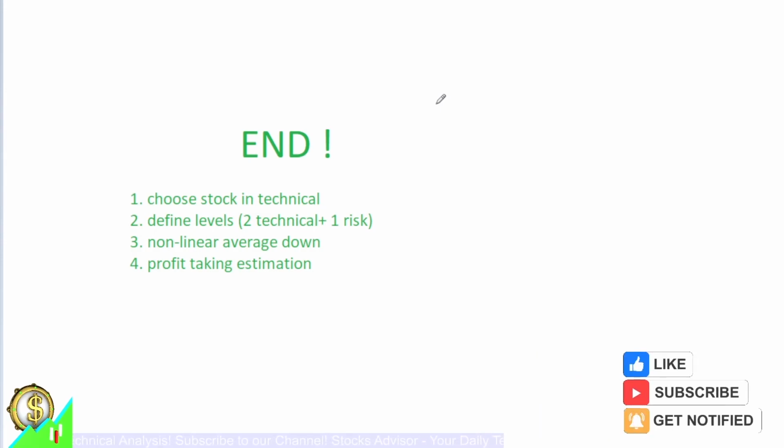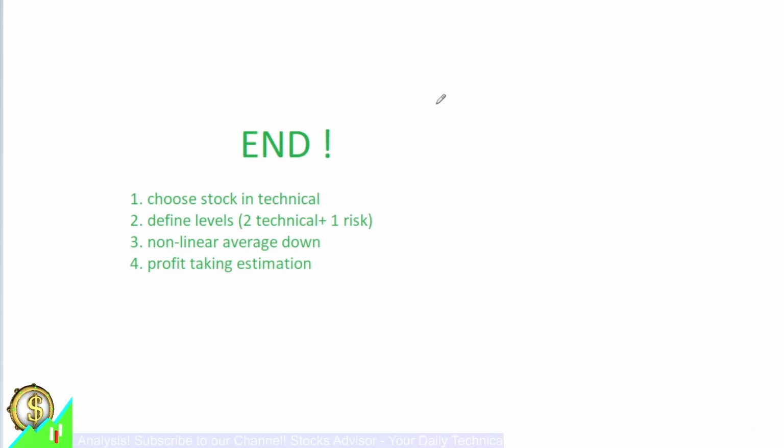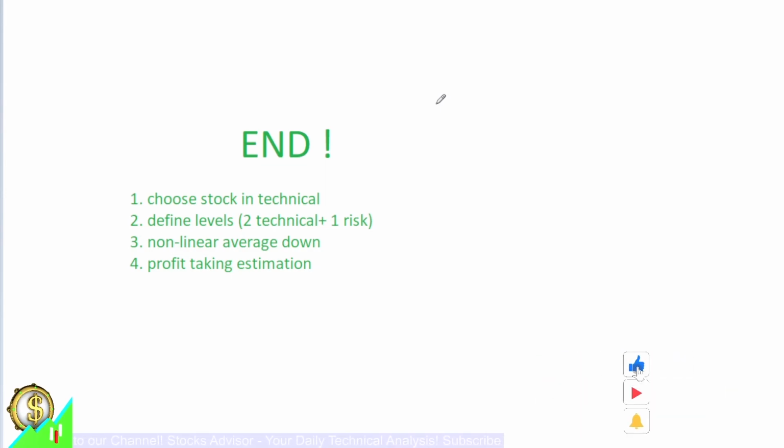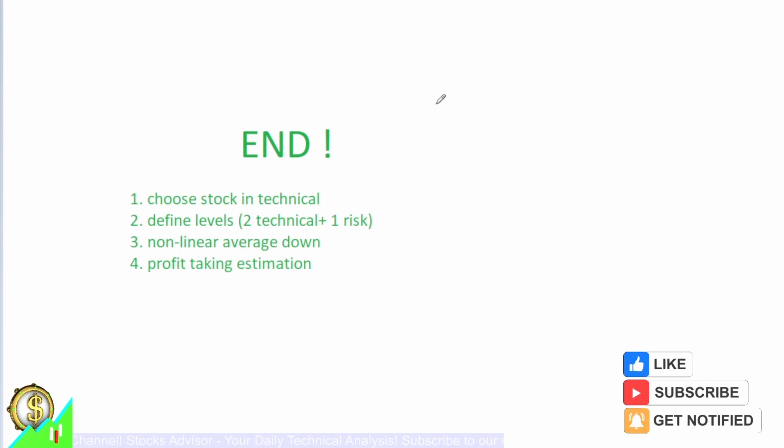If you like this way of trading, it mainly works very well. A couple of times a year maybe it's not working, but this is the case for any trading. You can never be winning all the time, but the majority of the time it's quite well.